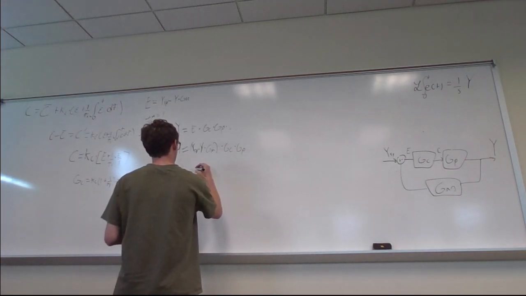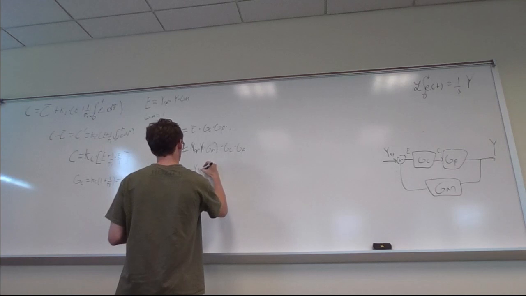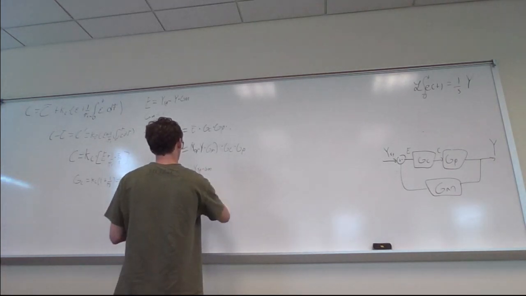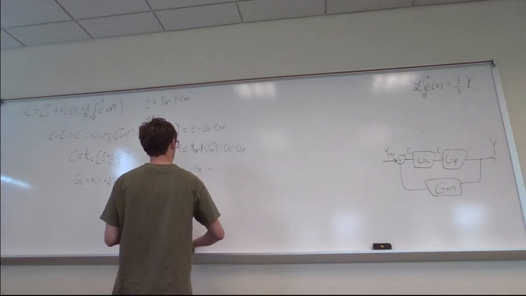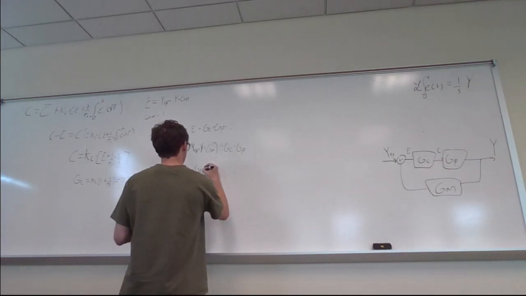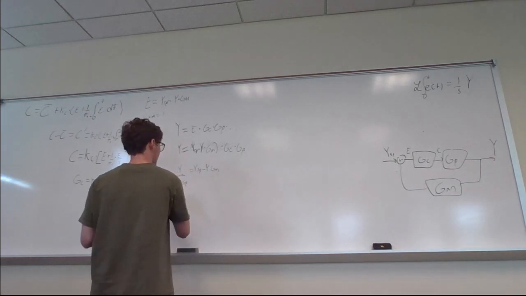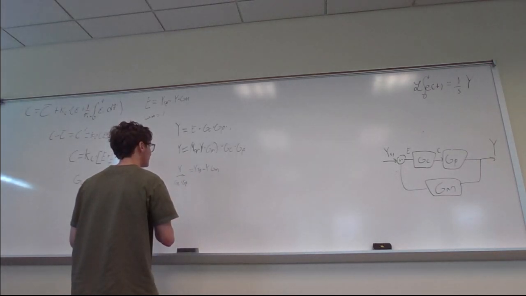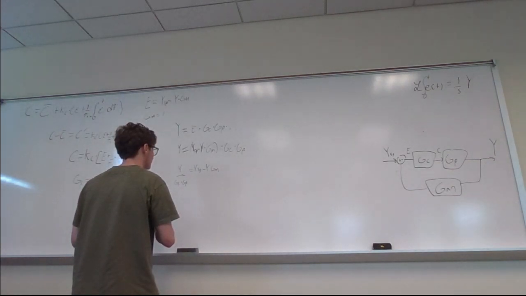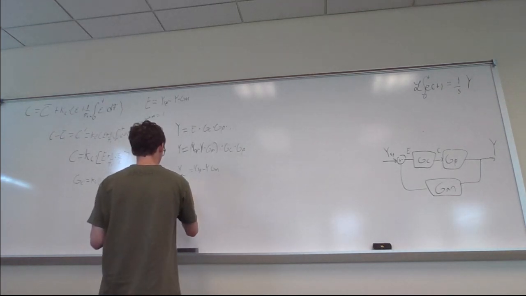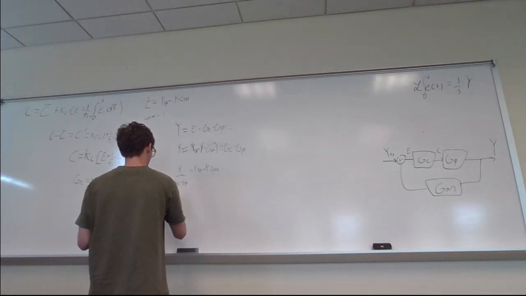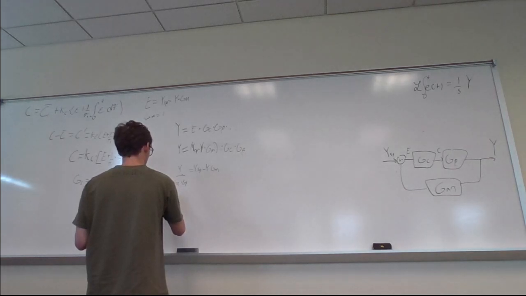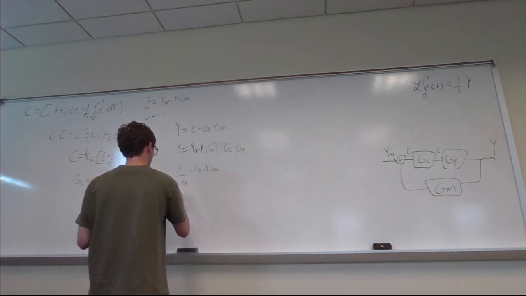Equals Y_SP times GM. Oh, Y_SP minus Y GM. Add that across. So this is mathing. Anyway, so we have Y GM plus